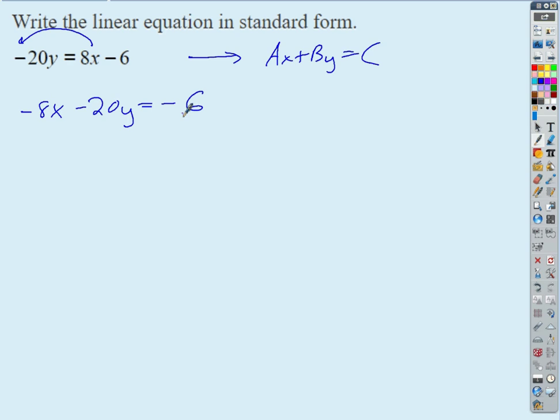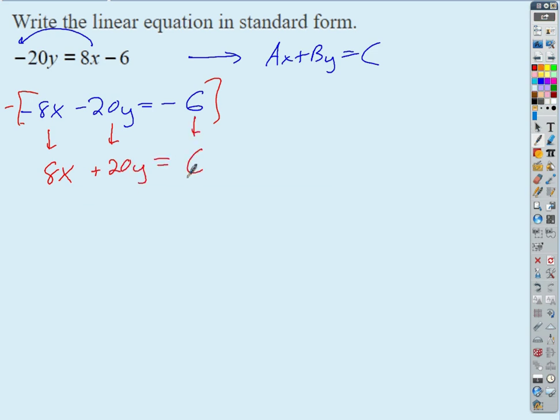Okay, and then I'm going to do it in 2 separate steps. You're right, we really could do it in 1 step. Step 1 is we got the terms in the right places. Step 2 is we're going to distribute a negative through to make a positive. So that's going to become an 8x plus